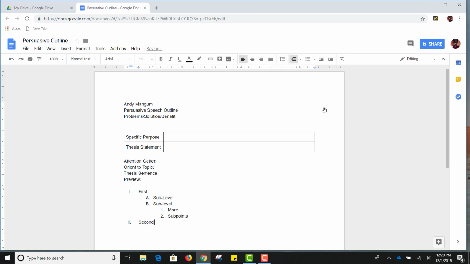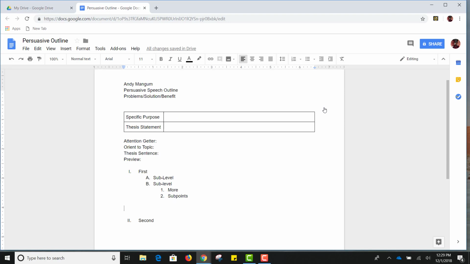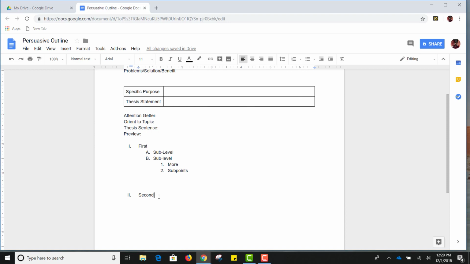Some of you prefer to write in your transitional statements kind of out to the side like that. So you can simply back all the way out of the subpoints and add your comments there. But once you've done that, make sure you include the information that you'll need for your source citation, but then you'll come out here and you'll write your review, your sense of closure,